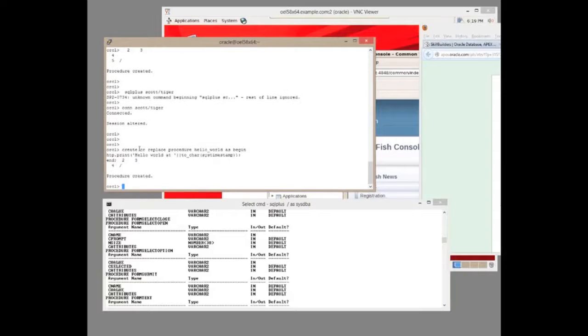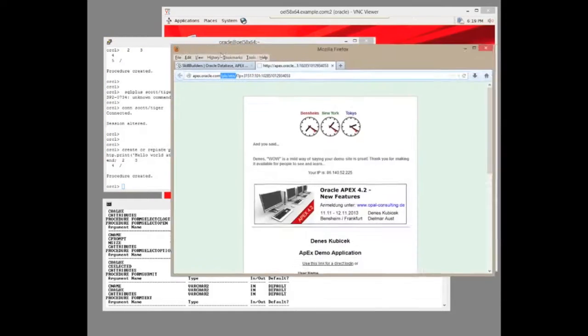So that's a very, very simple procedure. Create or replace procedure hello_world as begin, HTP.print, any old text string, end, and compile. Right, I can try to invoke it. So if I go to my browser,